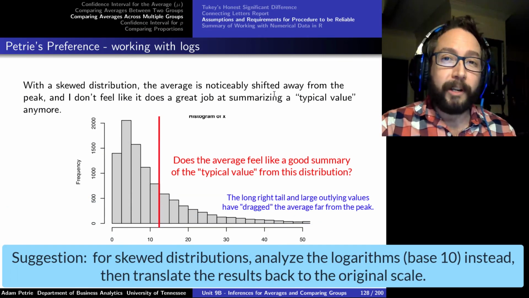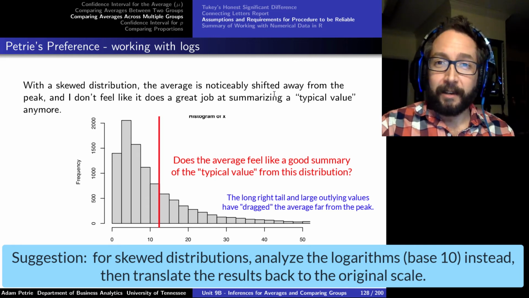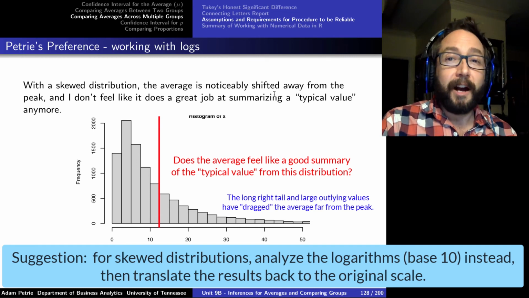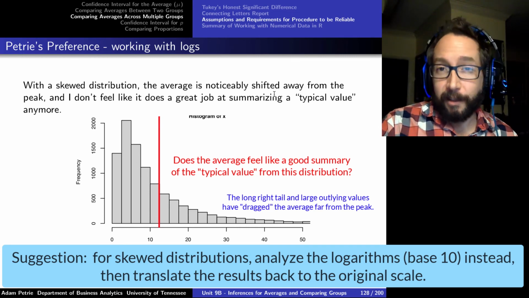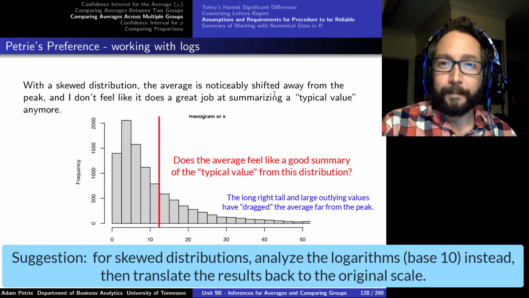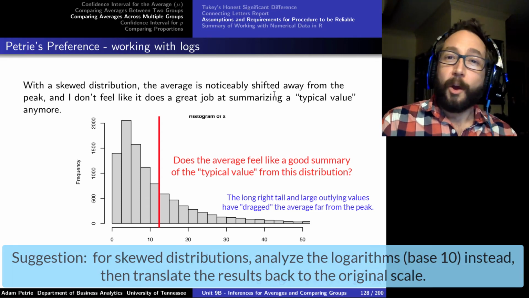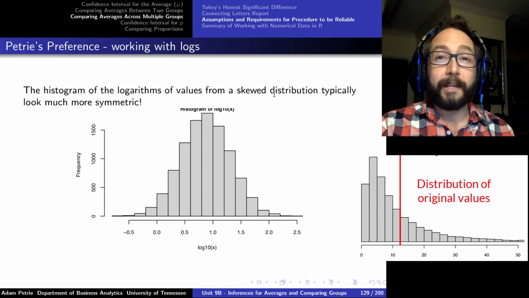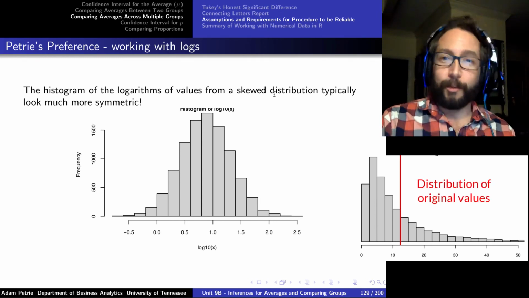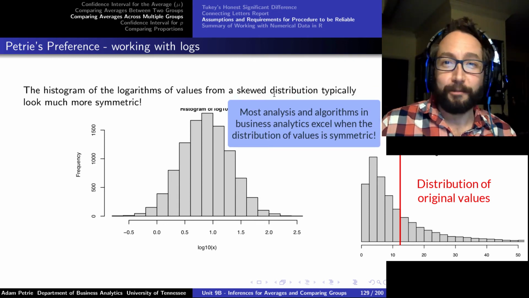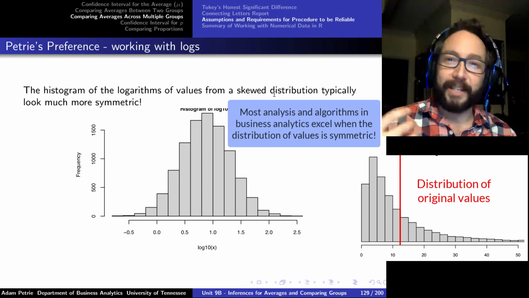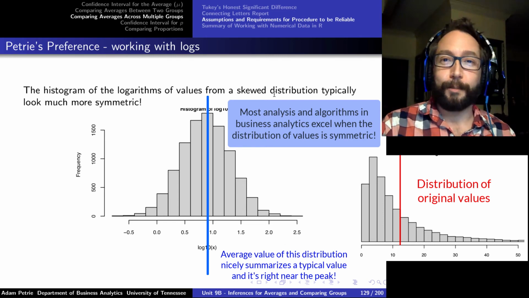Well, I like working with logarithms of the values instead when I see a distribution like this. When I see a very skewed distribution of values, very often what I'll do is all my analysis on the logarithm of the values instead. So why is this advantageous? Well, if we look at a distribution of the logarithms of the recorded values, we see something really quite symmetric, which is great when it comes to doing the analysis from a central limit theorem point of view. If we have a symmetric distribution, we need substantially fewer data points for that central limit theorem to be in effect and for us to get confidence intervals out than if we had a really skewed distribution.